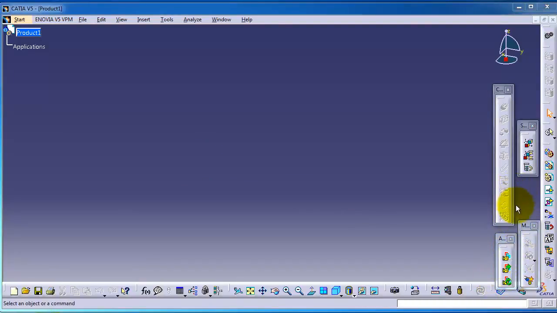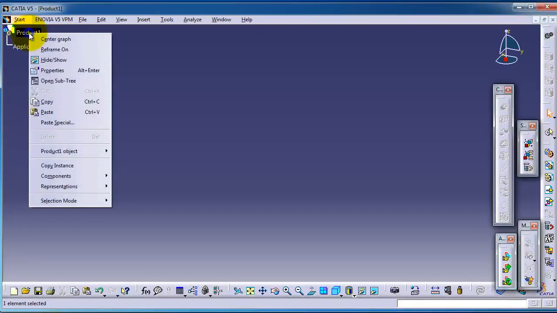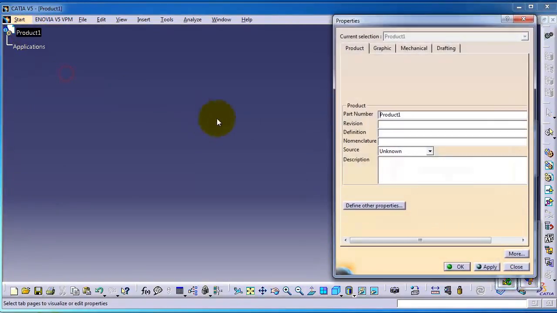And in the previous tutorial we talked about some of these icons, and today we're going to talk about the insert product and part. This might be a little bit confusing because you might ask yourself, we have a product here, so why do we need to make another product? So to give you an example for this, we can call this product, this big product, the whole